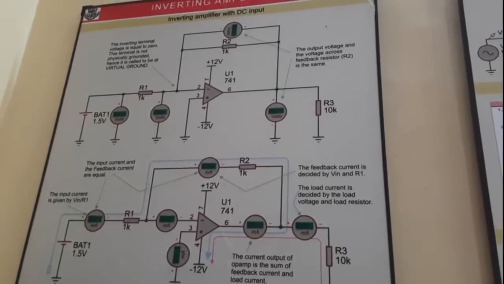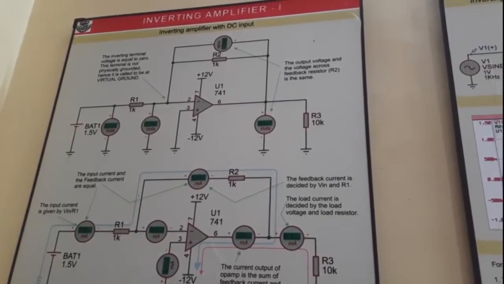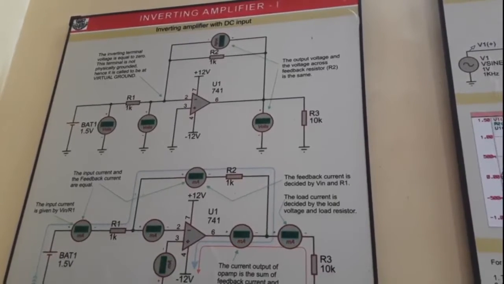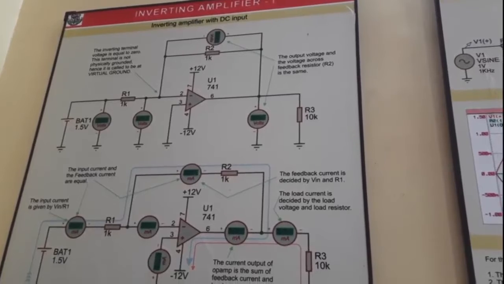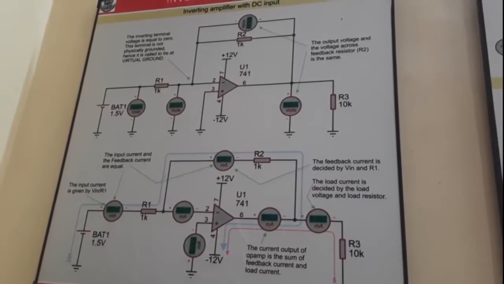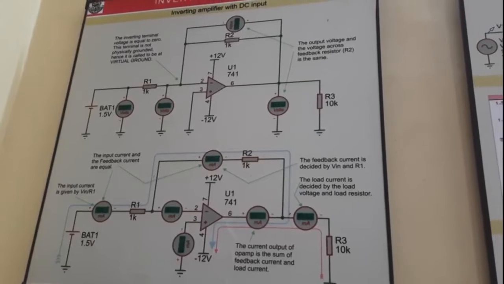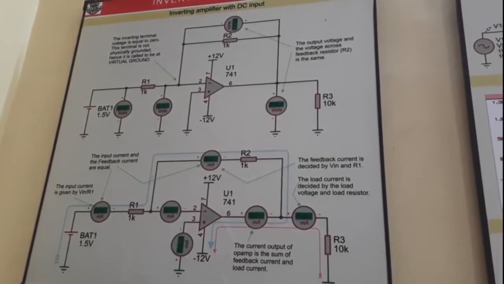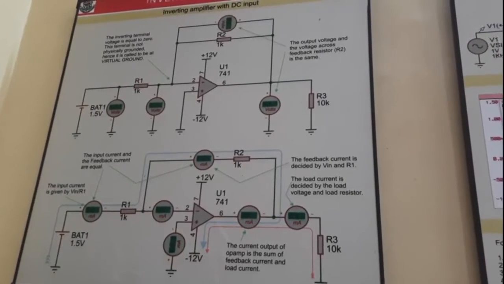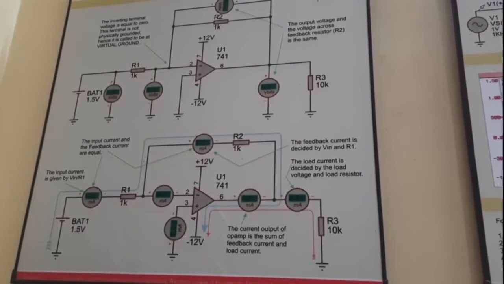Here is the main concept, the virtual ground. Pin number 3 is not physically connected to pin number 2, but with the adjustment of battery level, the voltage of pin number 2 is equal to 0. Then it is called a virtual ground, which is not physically connected but shows 0 voltage.